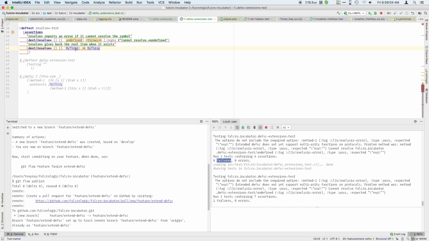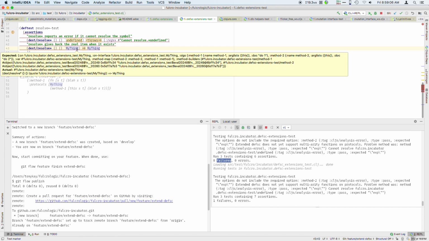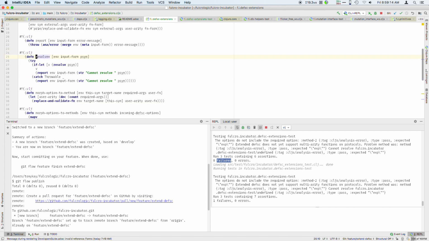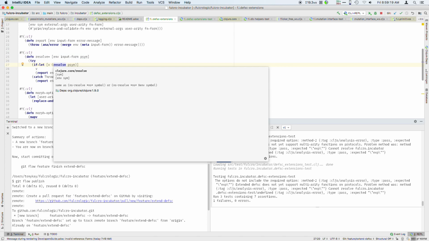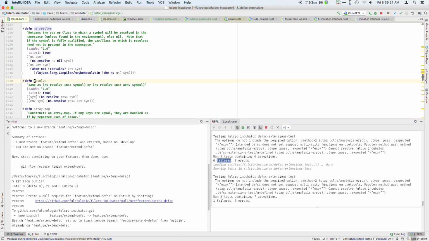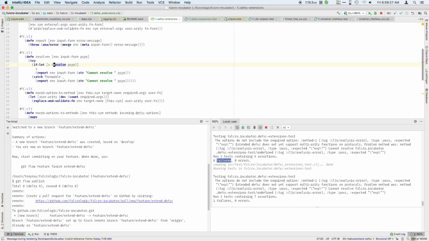Oops, but I don't. What does resolve give back? Same as nsResolve. Oh, returns the var. So I don't want the var. I want to, oops,